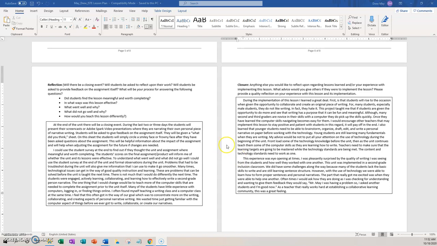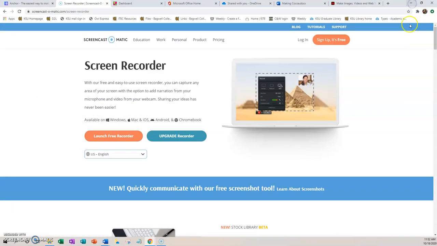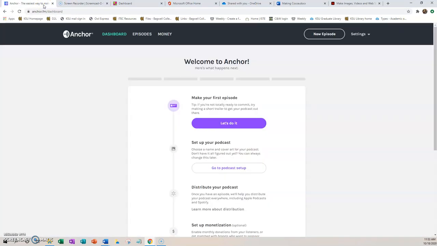So as part of the lesson, the students are going to get to use several things. I know that's the important part, is them being able to use things. So first is what the teacher would use. The teacher could use Anchor, and this is Anchor. I just logged in with my Google account, and then I can start